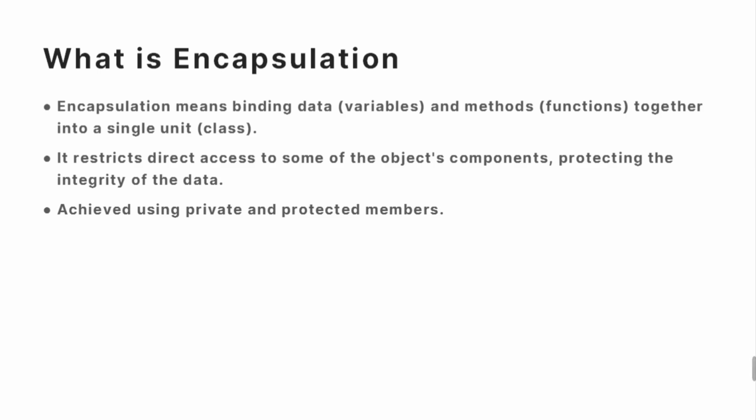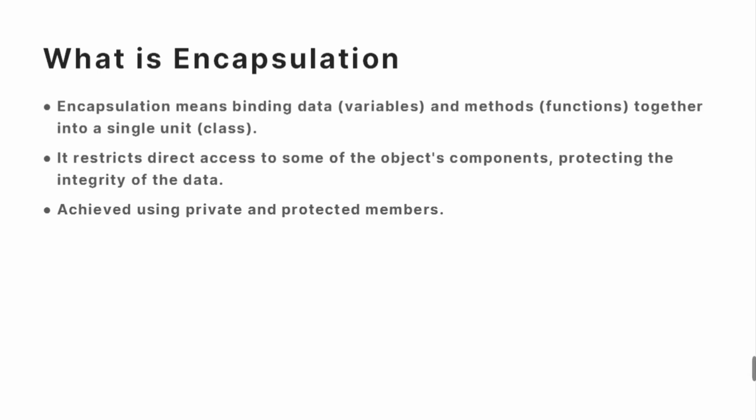Encapsulation is basically used to restrict the direct access to some of an object's components, by using access specifiers. In Python we have different kinds of access specifiers, for example, the private access specifier and the protected access specifier. We will discuss in the next session what these access specifiers are and how they restrict the direct usage of the variables and methods.